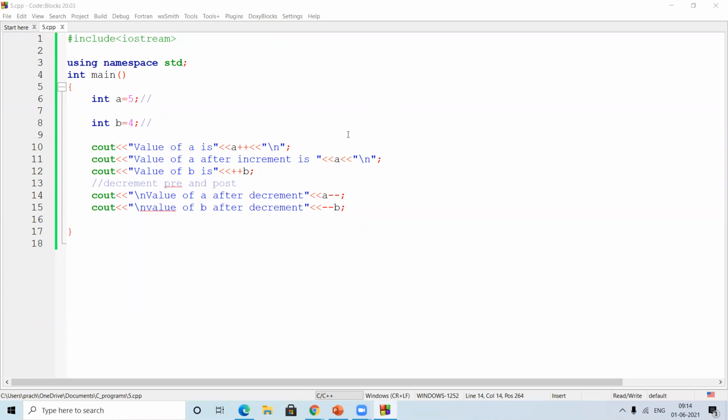Okay, नहीं समझ रहा? What was the value before? A की value है 5, B की value है 4. When we have incremented it post, at this point it is 5 only. At this point it is incremented because it's post. Now it will be 6. At this point we are incrementing, that is pre-increment. तो B की value 4, तो यहाँ पे एक से बढ़ेगा which will be 5, करेक्ट?